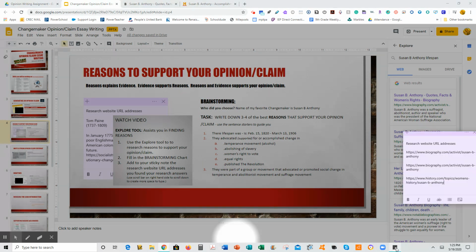We have our sticky notes of the websites we looked at, so we can use them later to make our works cited and our in-text citations. So once we are done with the brainstorming chart and you have your sticky note filled out, you are done. Nice job. You got this. And thanks for listening.